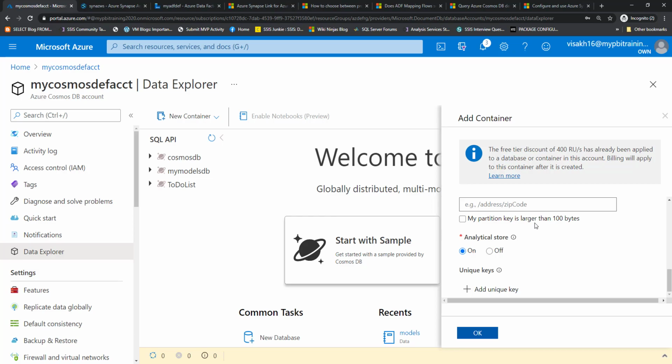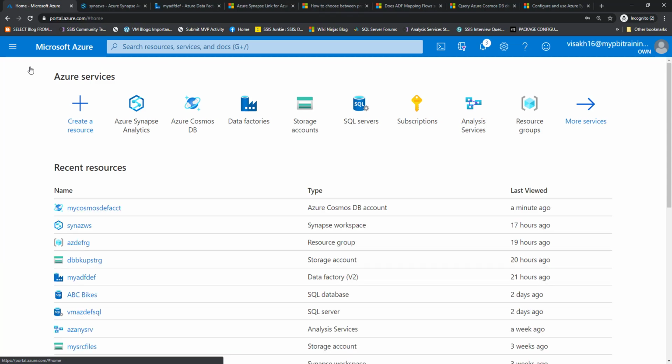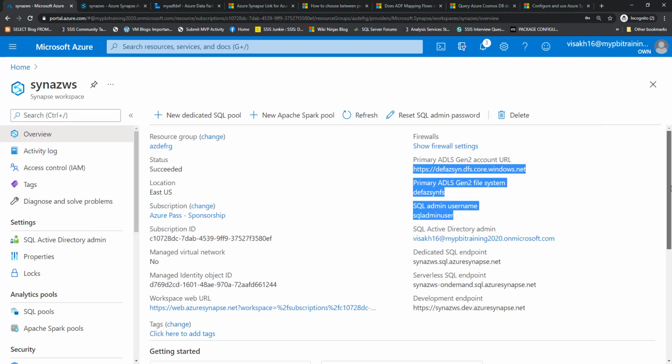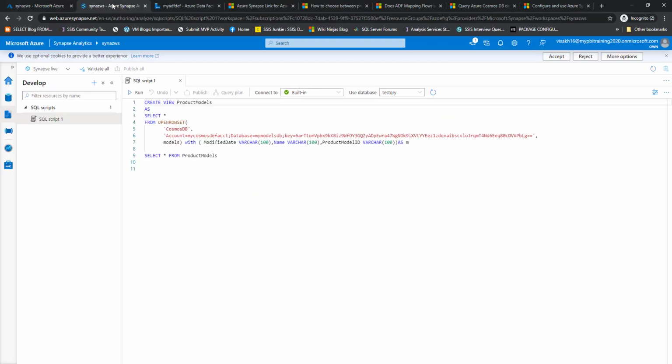So once you do up to this level, all the NoSQL data that you are storing inside Cosmos DB can be easily retrieved using simple SQL statements inside your Synapse Analytics instance. I also have a Synapse Analytics instance set up inside my Azure. So I can go to that workspace, and this is a serverless SQL pool that I have created. Once I go inside the query editor for that, I can just retrieve the data from my Cosmos DB instance using a simple OPENROWSET functionality. So this is the way in which you extract the data from your Cosmos DB instance.